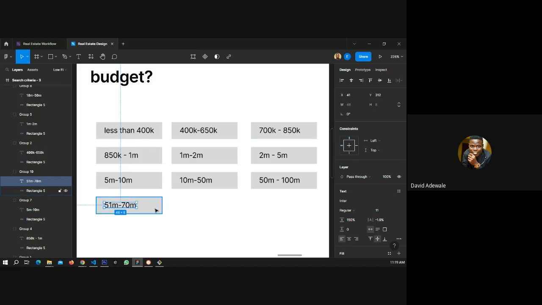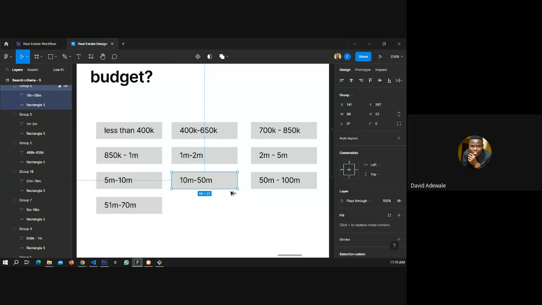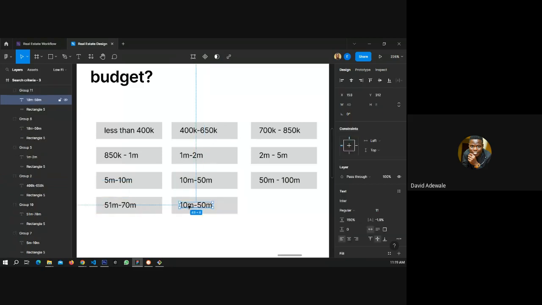Then 70M. Well, it's filter 70M to 100M. Why are you guys confusing me? This is 10M to 50M.